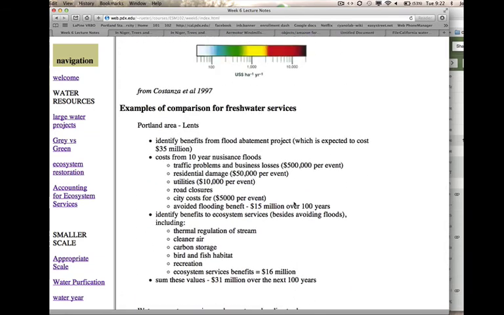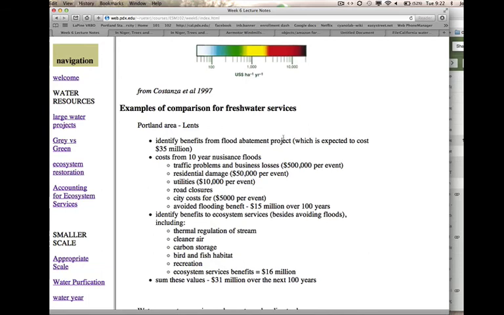Okay, so I have two examples of how we can use that ecosystem services. One is very close to home. One is this idea in Portland. There's an area of Portland, because of Johnson Creek, that has always had a flood problem, and they wanted a flood abatement project. Instead of just putting in some dams and more canals or channelizing the river, they were going to take this whole area and revegetate it and put the meander back into the stream, so that as water came down and when there was high water, this area would fill up with water and then slowly go down through the rest of the system.